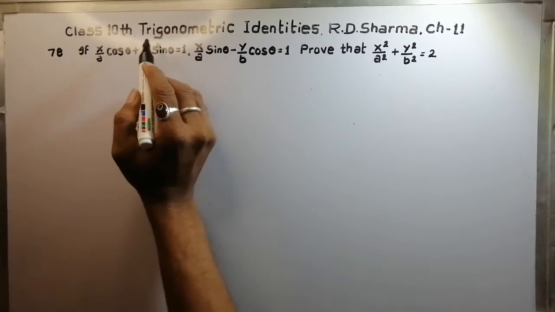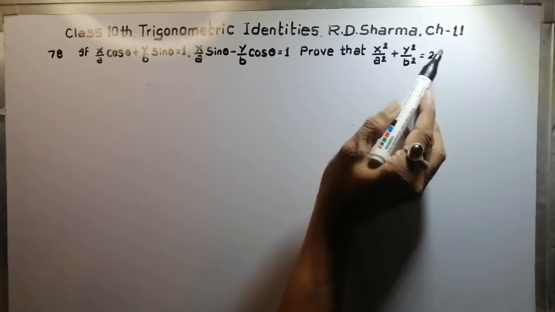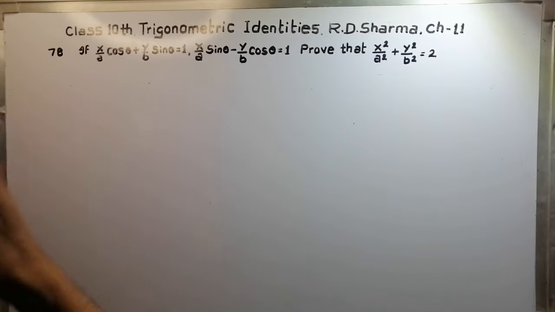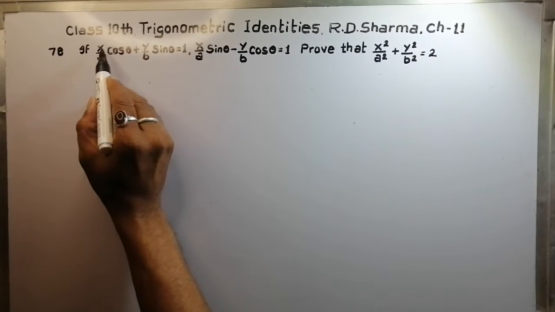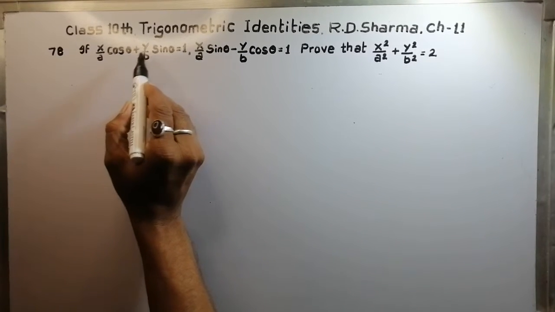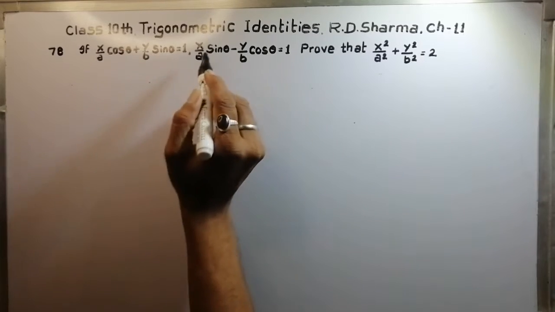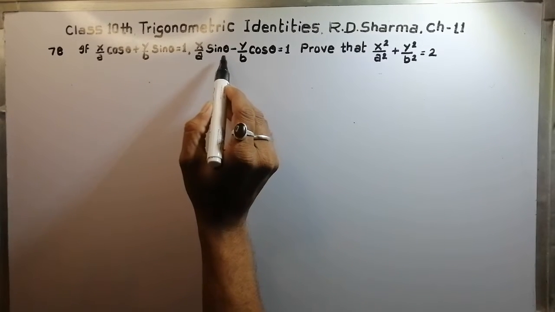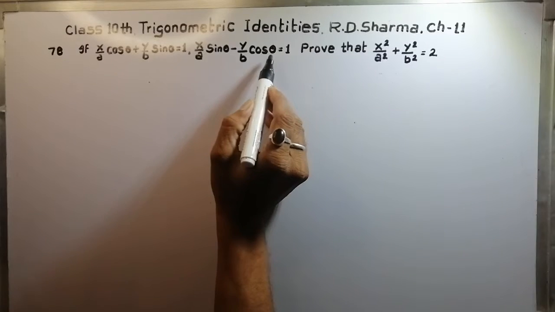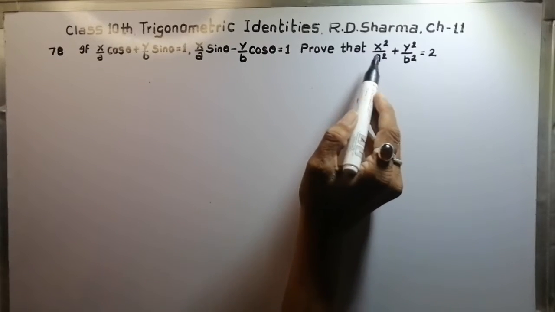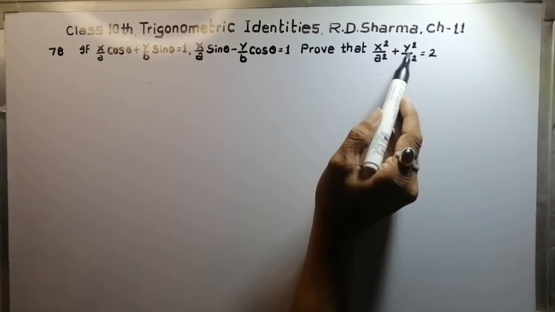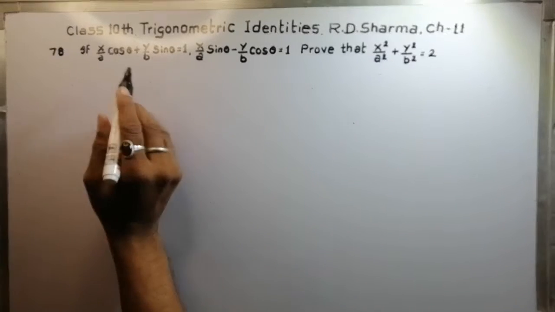Class 10 Trigonometric Identities, R.D. Sharma, Chapter 11. It is question number 78, in which it is asked: if x upon a cos theta plus y upon b sin theta is equal to 1, and x upon a sin theta minus y upon b cos theta is equal to 1, prove that x square by a square plus y square by b square is equal to 2. In this question,